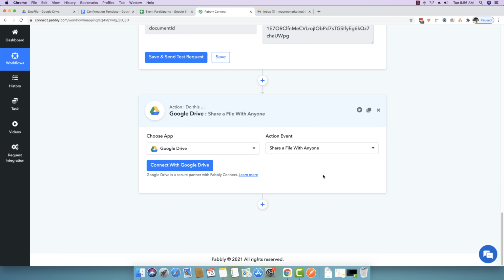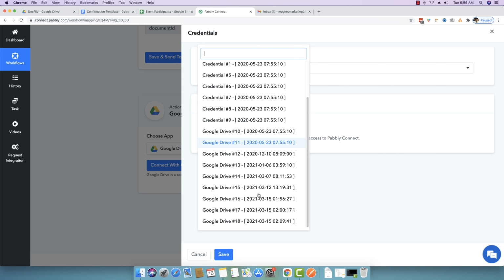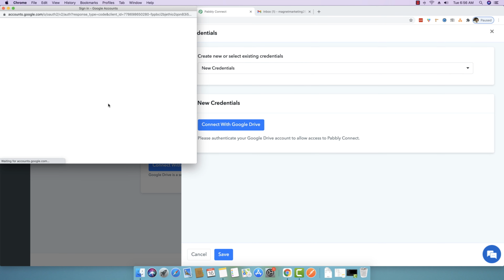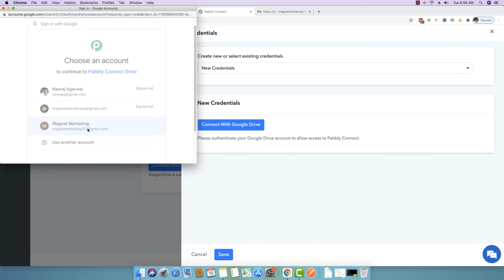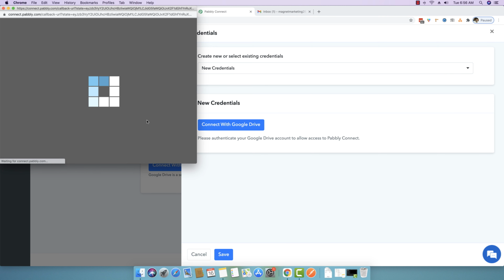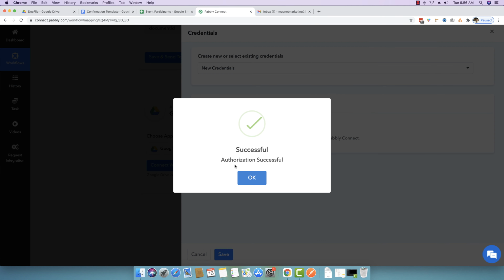At a later stage, even after creating the PDF files, if you really want to delete the file, you can actually do that as well. So I'm just going to connect my Google Drive right here by clicking on new credentials, and then you can select the relevant Gmail account through which you want to create and give the access to this file.